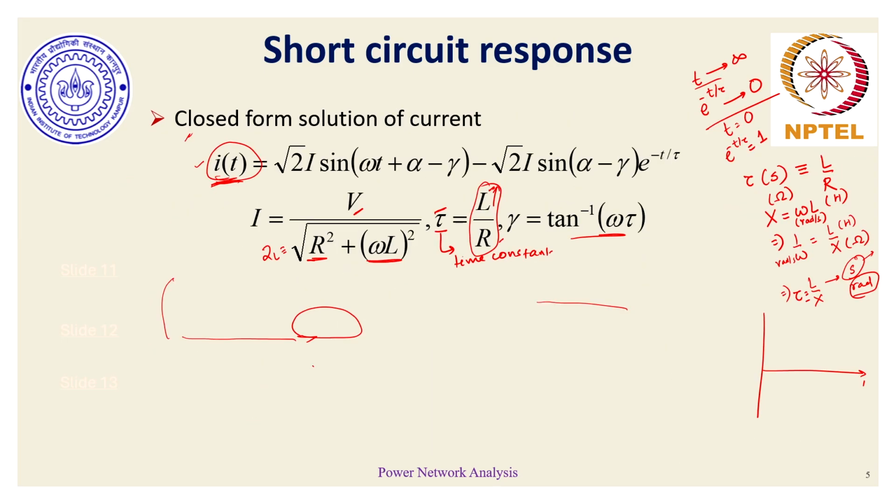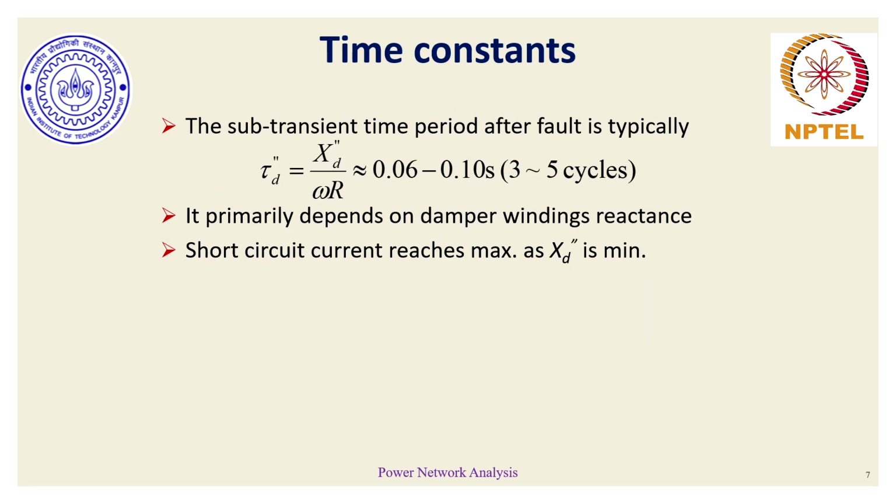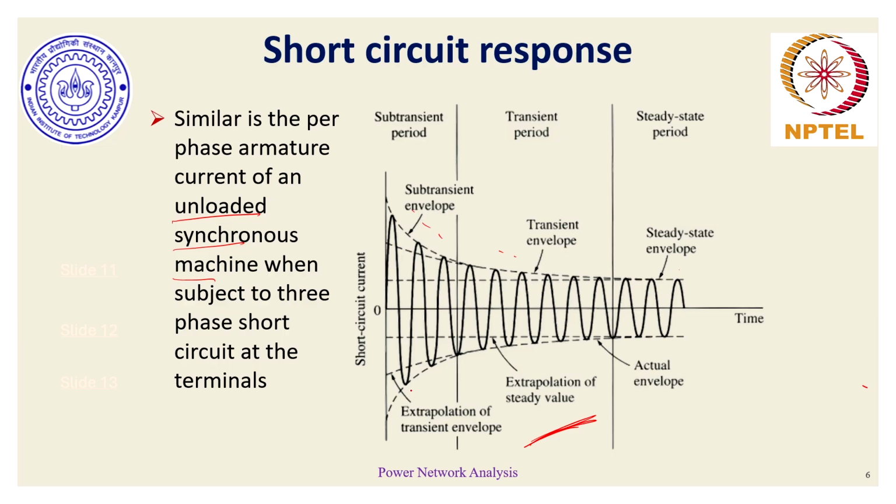Please don't confuse this with the negative or positive sign present in this particular slide. Depending on the value of alpha and gamma, this negative sign can also become positive, depending on at what instant the switching has happened. So, having understood this behavior, now we can understand the corresponding time periods, or tau,